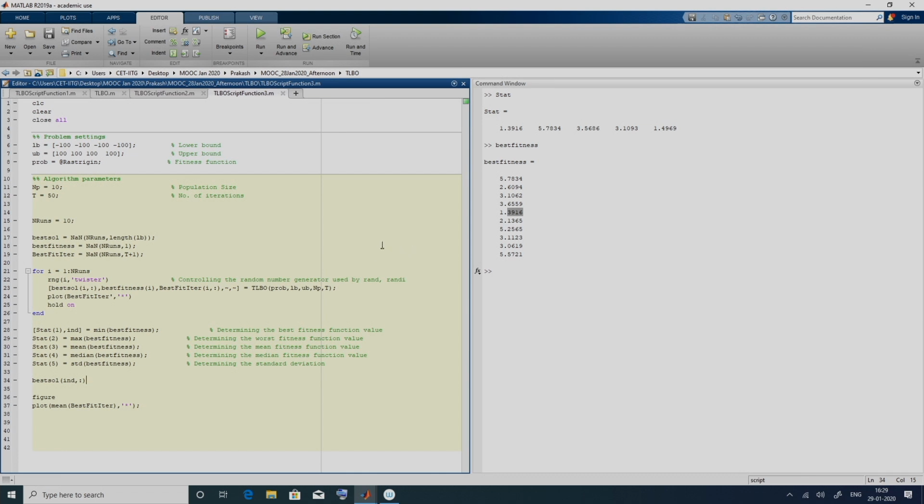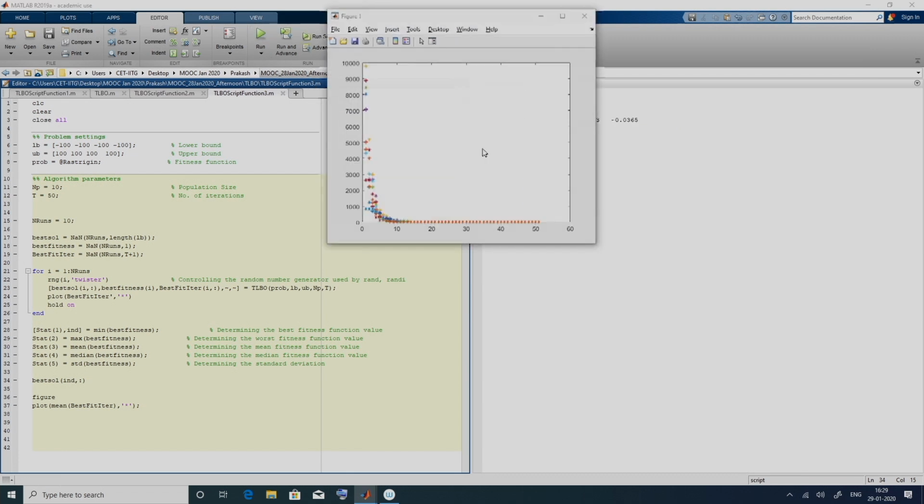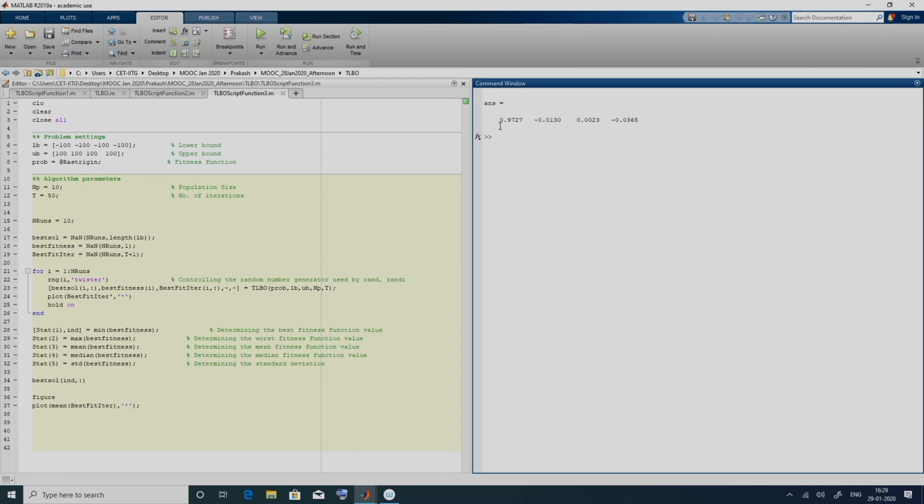This will give us the best solution. So, the best fitness function value is 1.3916. If we see best fitness, it is 1.3916 and the corresponding solution is this one, or we can look at best sol.